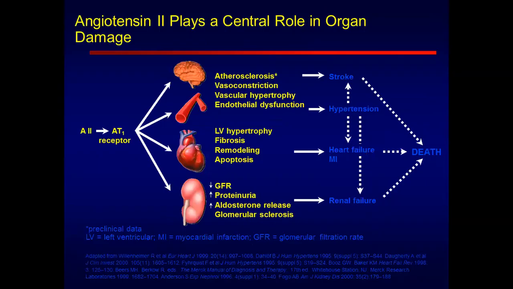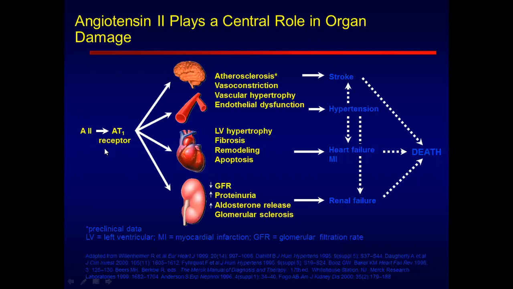Now we have to look at this slide, and you can concentrate on this A2, angiotensin 2. This is actually the culprit and the nightmare of all cardiologists. Angiotensin 2 is the cause of all these cardiovascular morbidity and mortality.